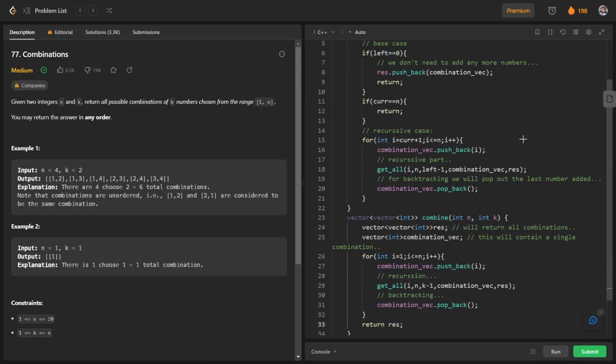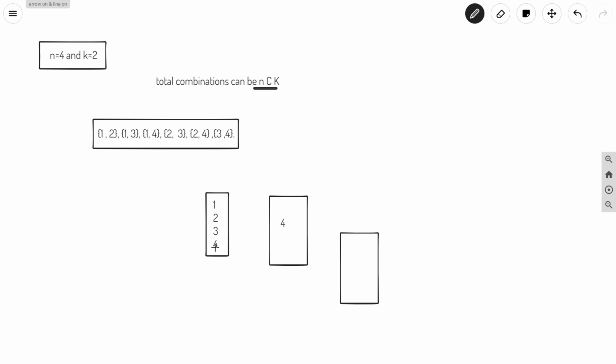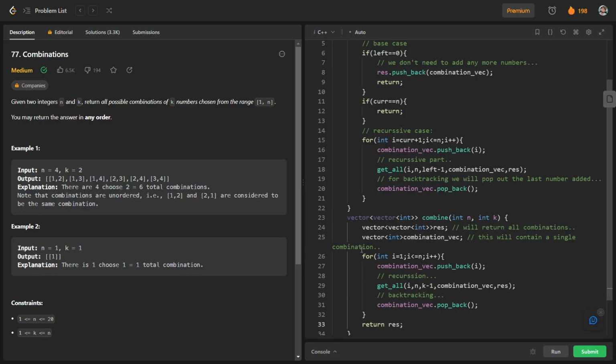So basically what we have done here, we are having initially 4 numbers with us, and we have added any one number. Let's say we have added 1 here, and we have solved for the other 3 numbers, or the next numbers after 1. So we have solved for 2 3 4, and again we have solved recursively for 2 and then 3 and 4, and we have done this for all k numbers. Okay, and we have got this combination. So that's what we have done here.